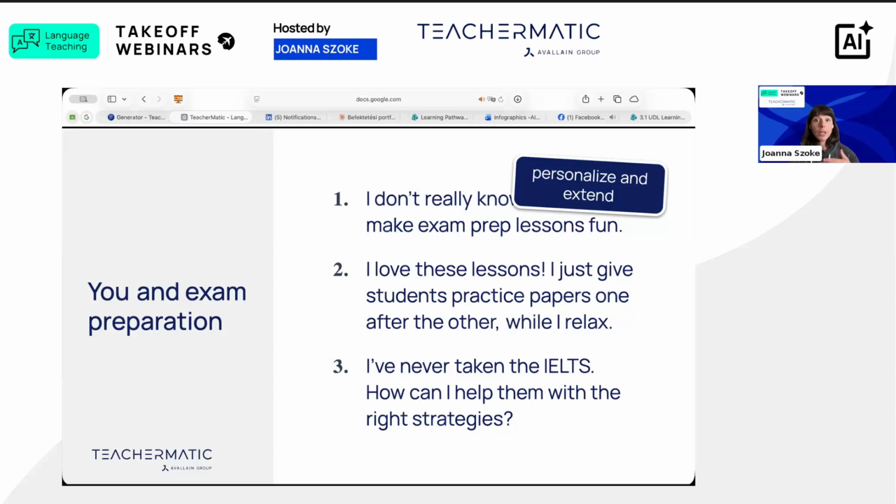So for example, I will show you how you can create exam prep activities with some personalized bits to make it a bit more fun, to hide some Easter eggs. For example, your favorite students' names or their hobbies, their interests. And if they see those things appear in the exam prep text, they might find it a bit more interesting